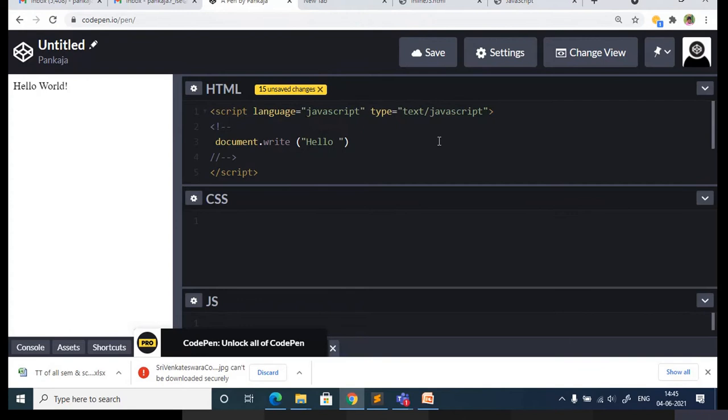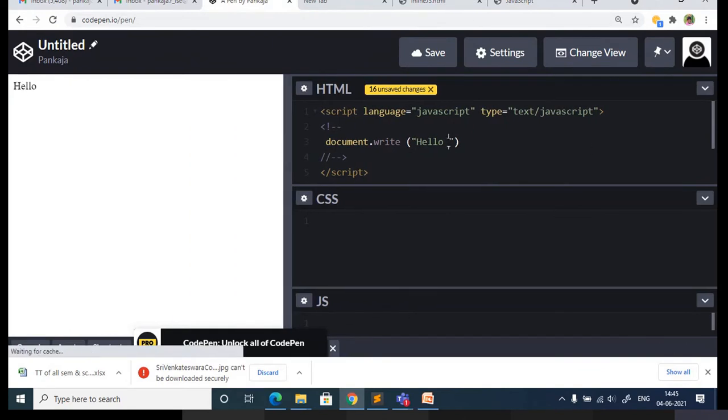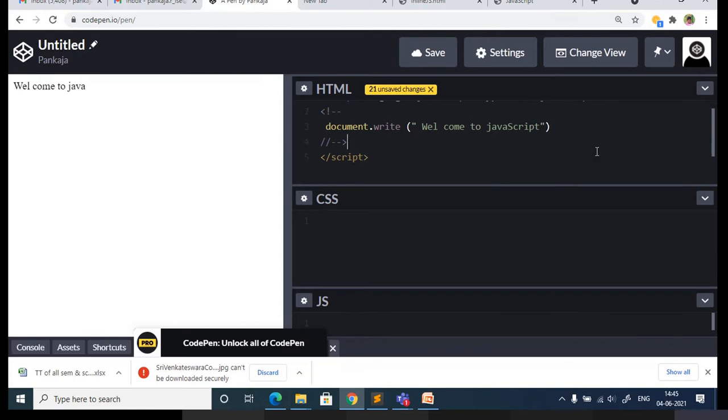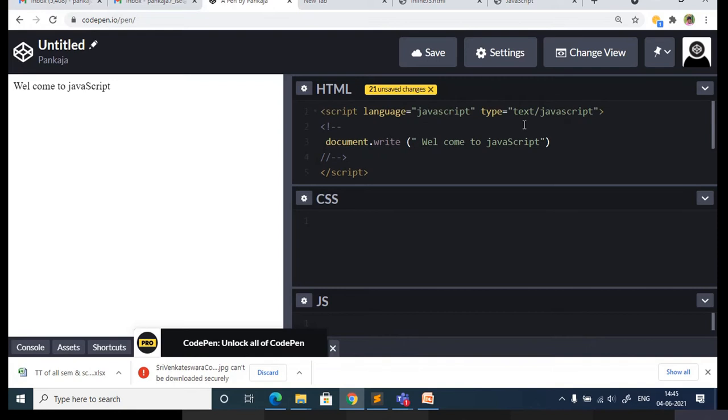You can observe the browser here. Immediately you'll get the output, and that string will be displayed. So this is one case.